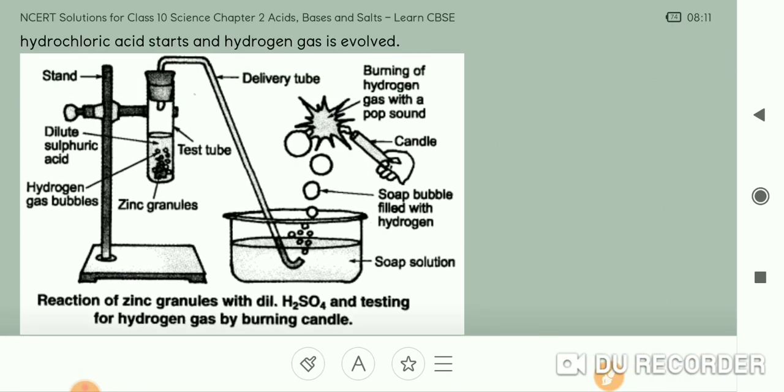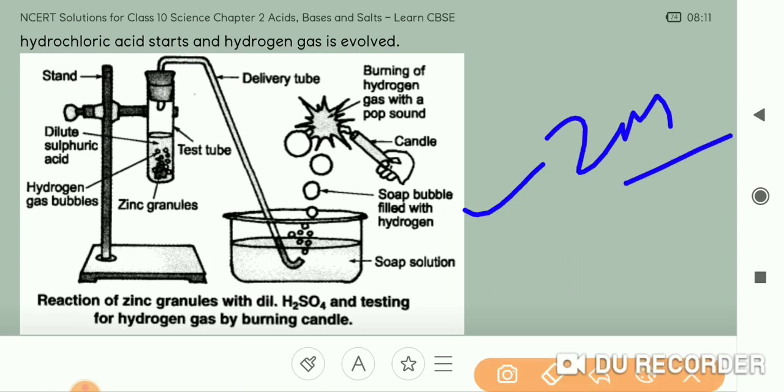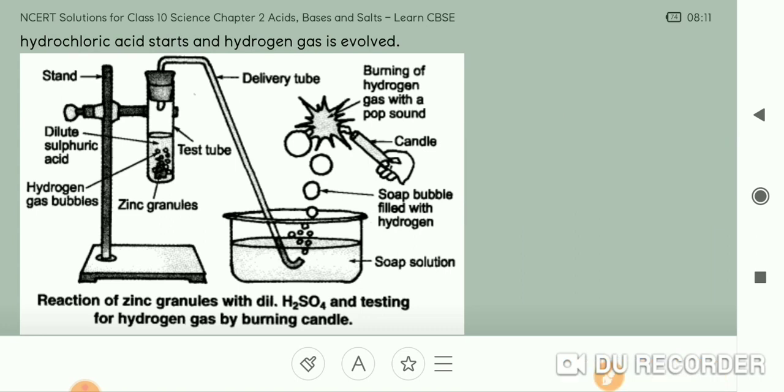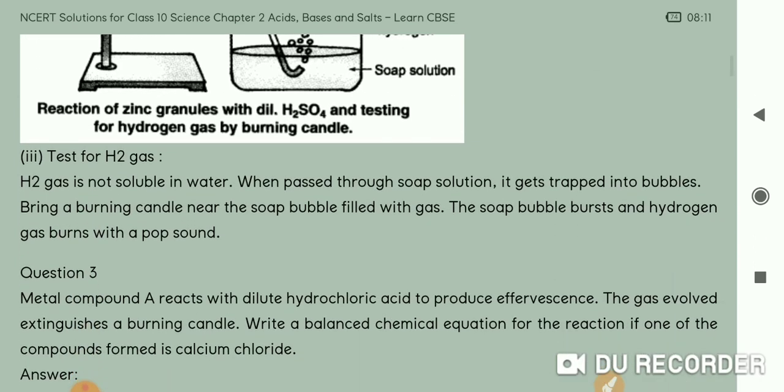So the diagram is very important. This diagram is asked for 2 marks, okay, in the exam. So you should know these diagrams. Okay, very important diagrams for reaction of any metal with any acid. We can use this diagram. Okay, then we have next